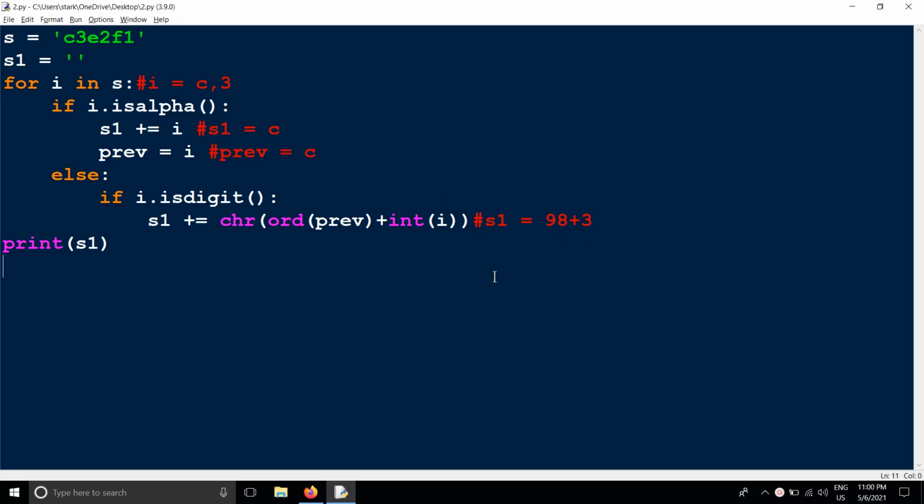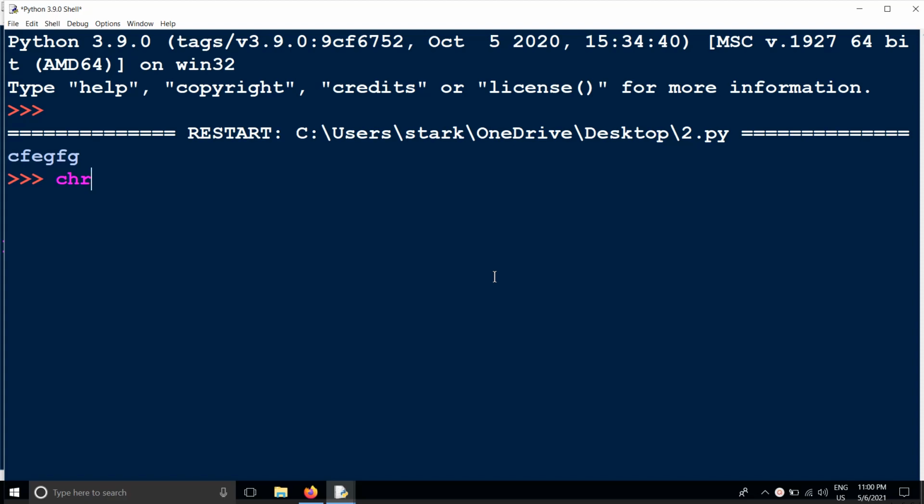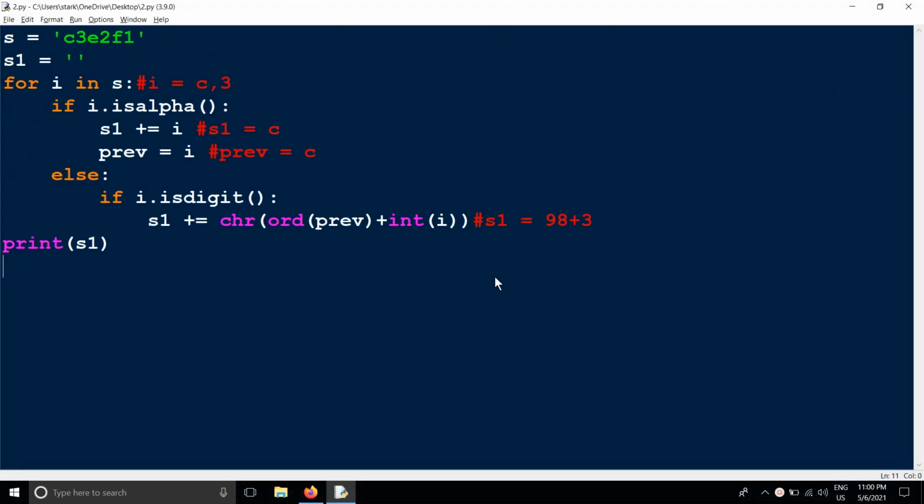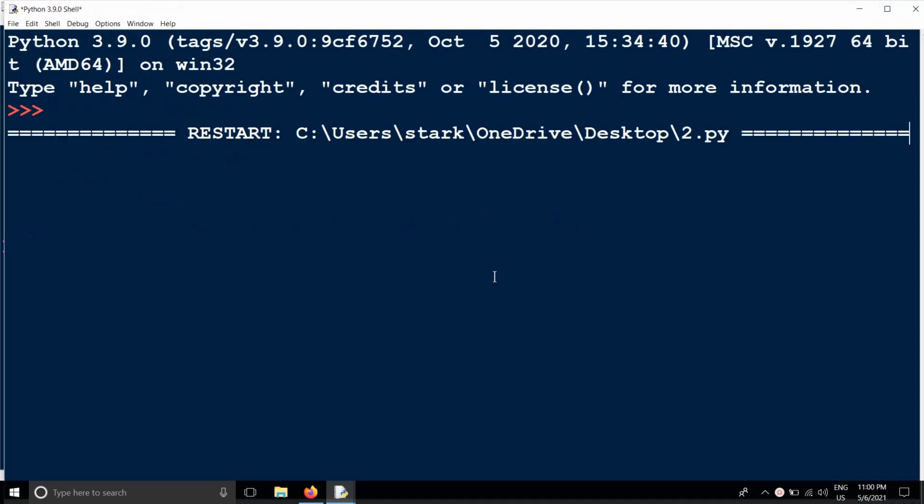So first we have to check the character of 98. 98 is B, right? So the previous value is C, what is the order of C? First we have to check order of C. Order of C is nothing but 99.